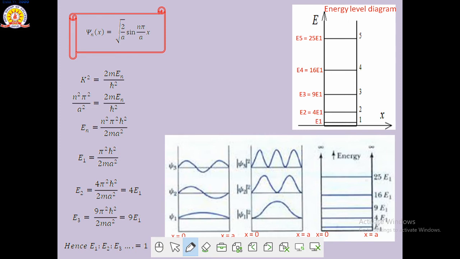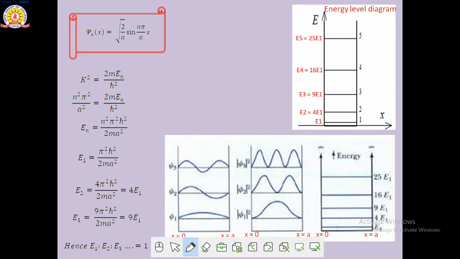So that is the eigenwave function of the one-dimensional box, and that function has all the information about the moving particle in the one-dimensional box. Okay, so ψn(x) is equal to root 2 upon a sin(nπx/a). It is called the eigenwave function of the one-dimensional box. And here